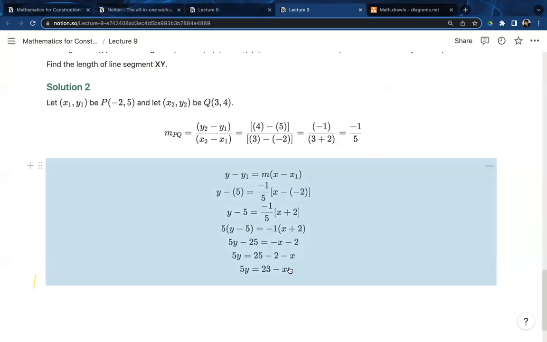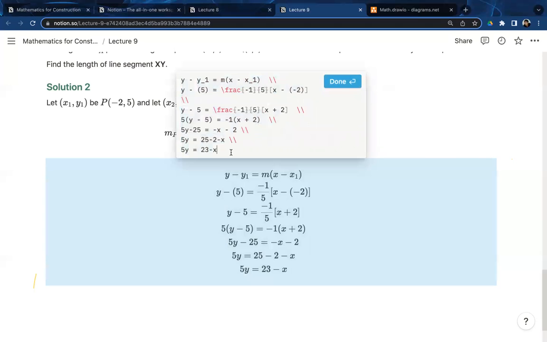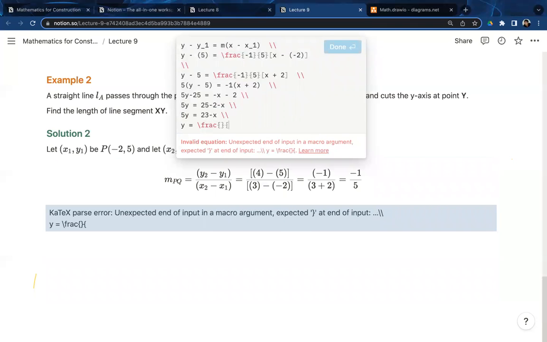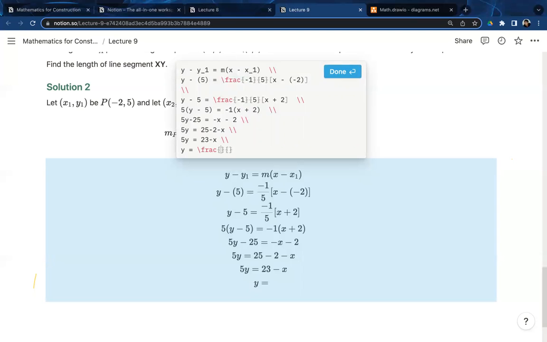So the gradient we know is -1/5. You could simplify this now by dividing by 5. So y is equal to minus x/5 plus